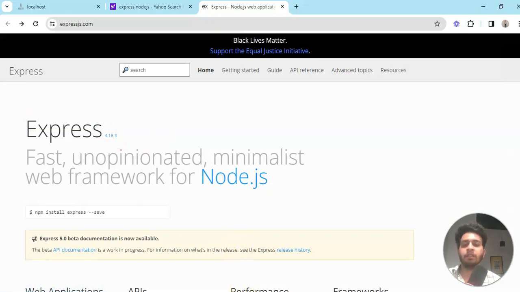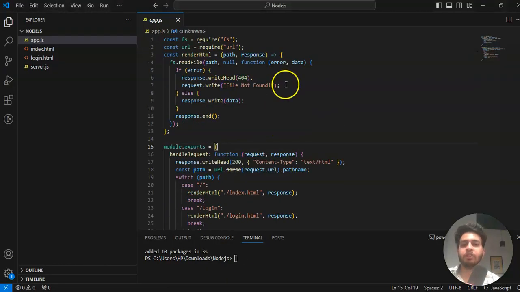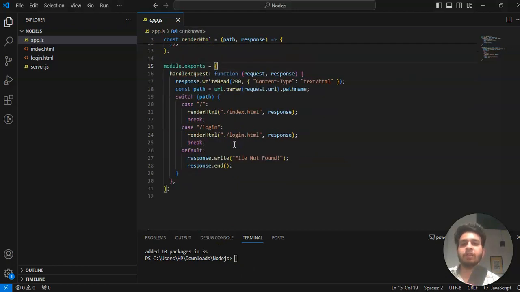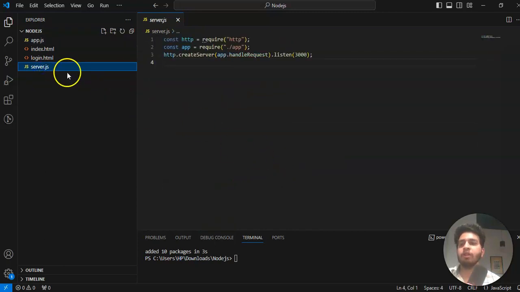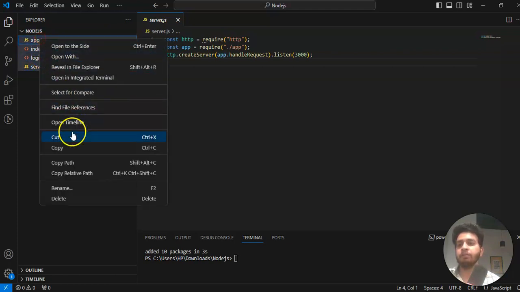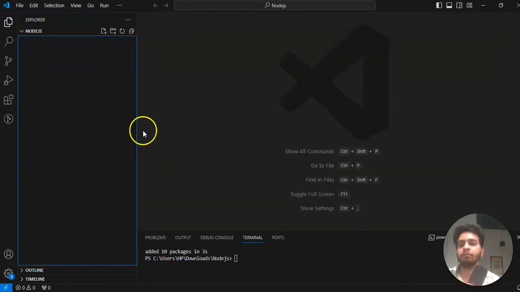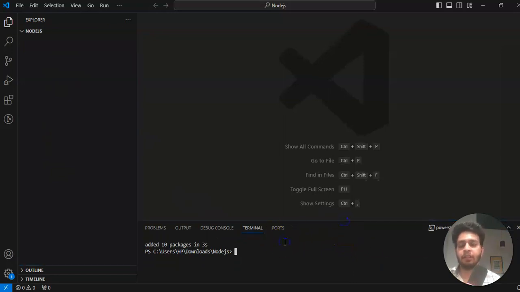Okay, let's start. First of all, we will create our application structure, and we will install our Express. As you know, we have created these files, but now we will not require these things, so we will delete them. You are in the same directory in Node.js. If you check the directory, there is no file. So first of all, we have to